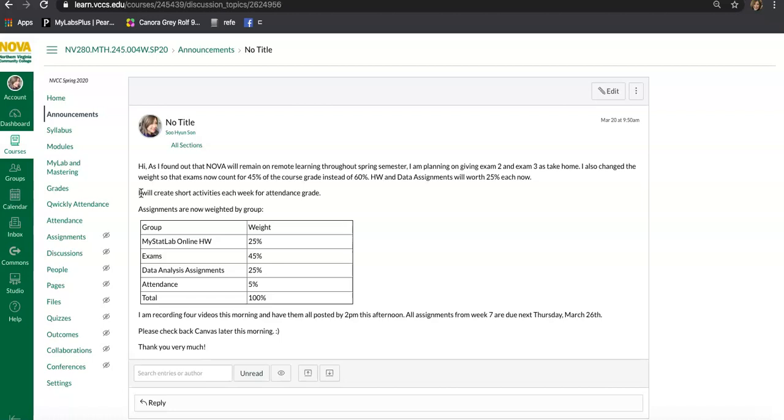It's 10 o'clock right now, so I'm starting a little bit early. I'm planning on having everything posted by 2 p.m. this afternoon. That's when we usually get out. And we're still going to have a whole week to work on this week's assignment. I'll ask you to complete everything by next Thursday, March 26th. So if you are working on Canvas at 11 o'clock this morning and you don't see everything posted, I'll make sure to have it all online by 2 p.m. And I really appreciate your patience